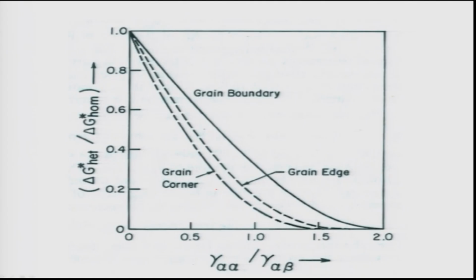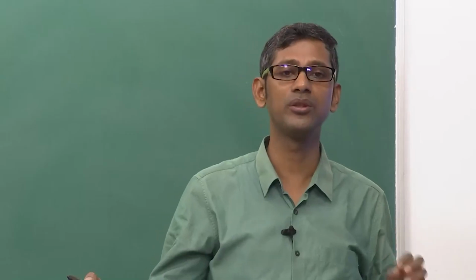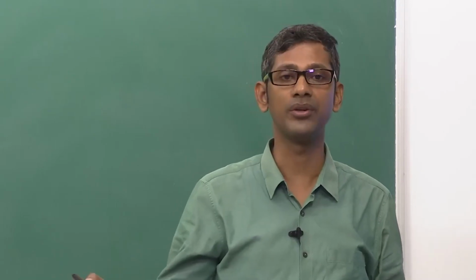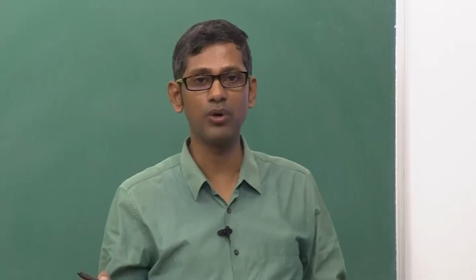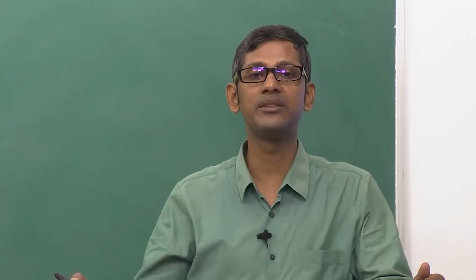They are the places where it is easier for the new phase to nucleate, followed by the grain edges and grain boundaries. That's what you see in actual practice. We always find more nucleation at the grain corners, the heterogeneous nucleation happens more than at the grain boundaries. In precipitation based alloys, aluminum copper silicon, aluminum magnesium silicon, all these alloys, the precipitate nucleation is actually governed by these